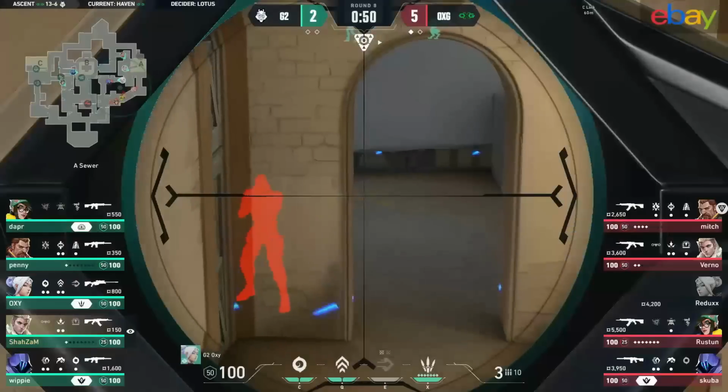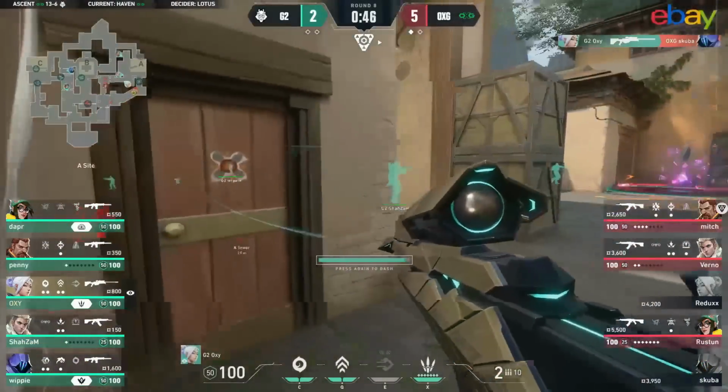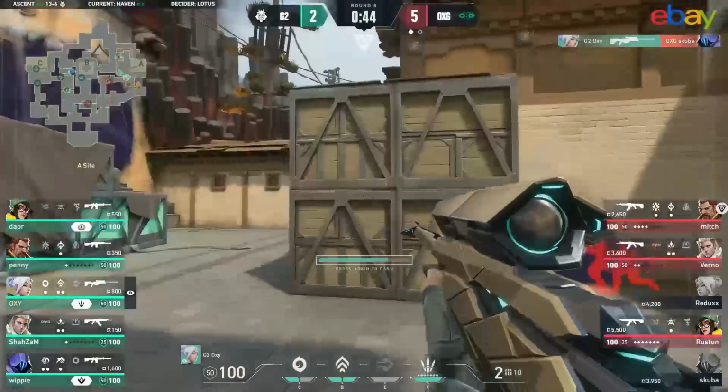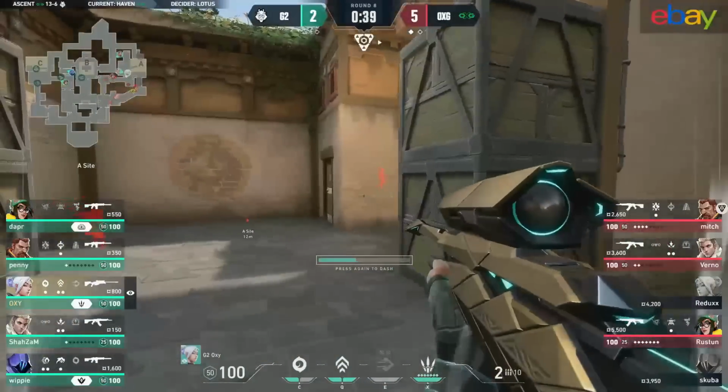And they do still want to commit. Op still here. Maybe revealed by the turret there. Fault line going to try and get him off the angle, but completely unaffected. Oxy wants some more. A second kill on the round. The operator's still here. And Oxygen...